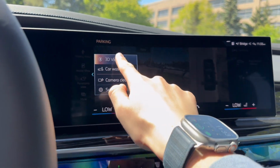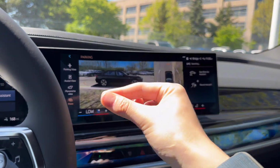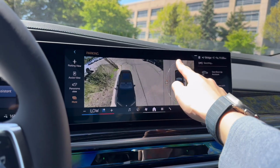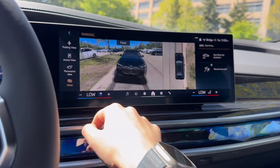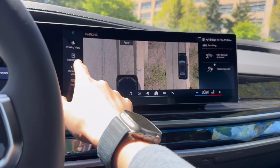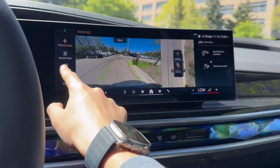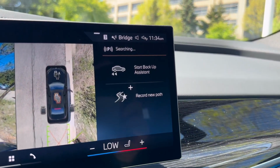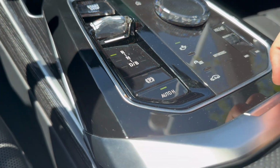You can also go into the 3D view and control the car with the gestures. You can also use the screen if that is too gimmicky for you. The car wash view is for lining up your tires correctly at a car wash, and the backup assistant is going to take you out of a parking space the same way you went into it. That is good for if you have a really long and narrow driveway or if somebody next to you didn't park very well. These are really cool functions in the i7,